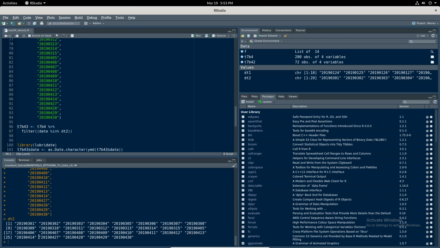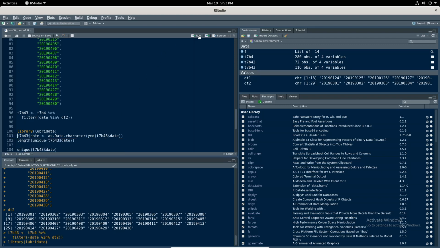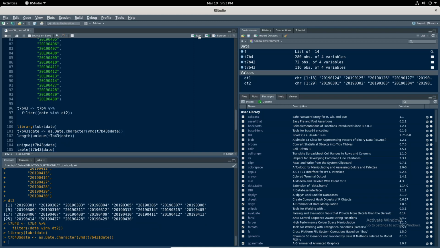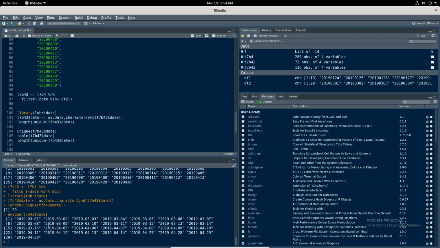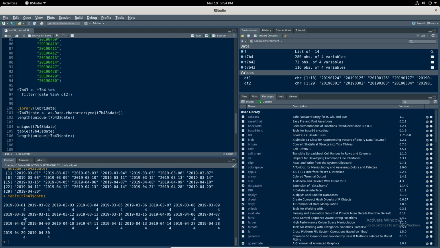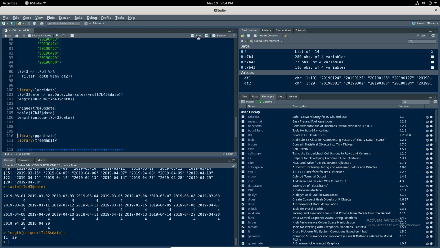And then there is a gap after the 14th, and there's 27th April, 28th, 29th, 30th April. So it means there are two kinds of gap. One is the month gap, and another, within one month, there is a day gap. So I'm trying both kinds of gap. Now I filter this from the original set, and I get the values, and you see there are 29. The format has been converted into date format, and for each date I have the 4 tweet tiles, and the length is again 29.